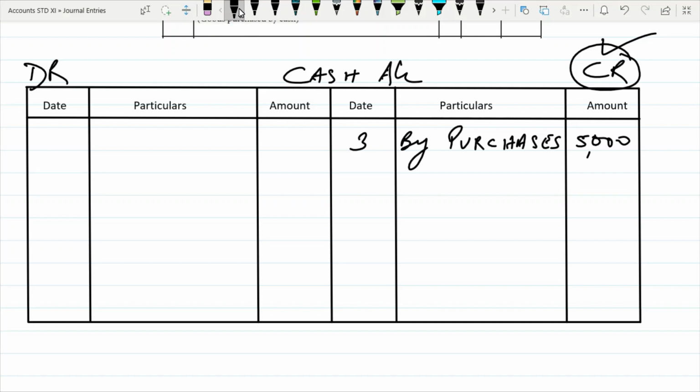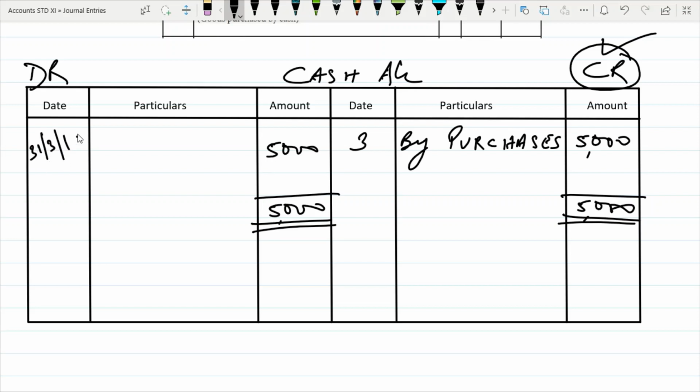Now the same thing here. Now which side is heavier? Credit side is heavier, right? So we will write the balance of the credit side. So 5,000. Now the same balance has to be written on the debit side. So 5,000 again this side. Again, is it balancing? No. So we have to write another 5,000 rupees here. Since there is no date, we shall close the books of accounts on 31st March 18.